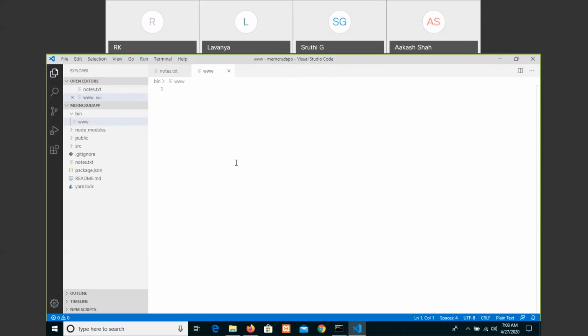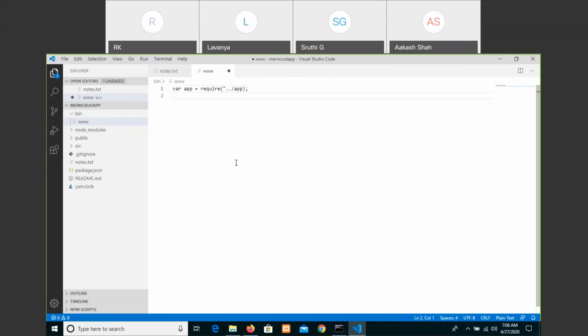First, we can say var app equals require of app, meaning you are entering into the folder of an app, which is where you will be creating it.